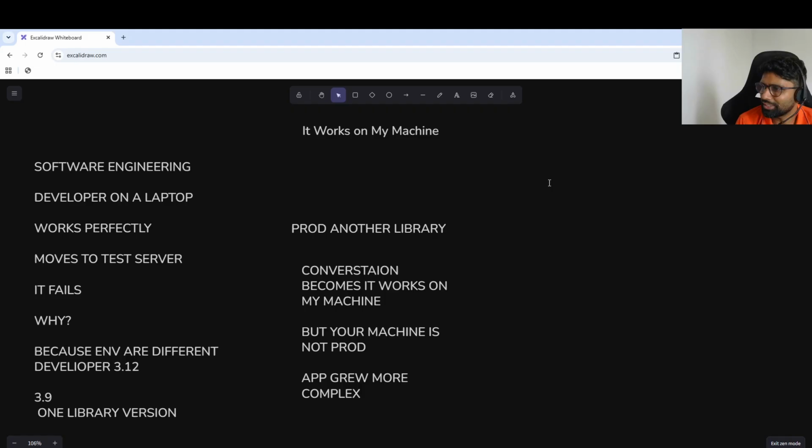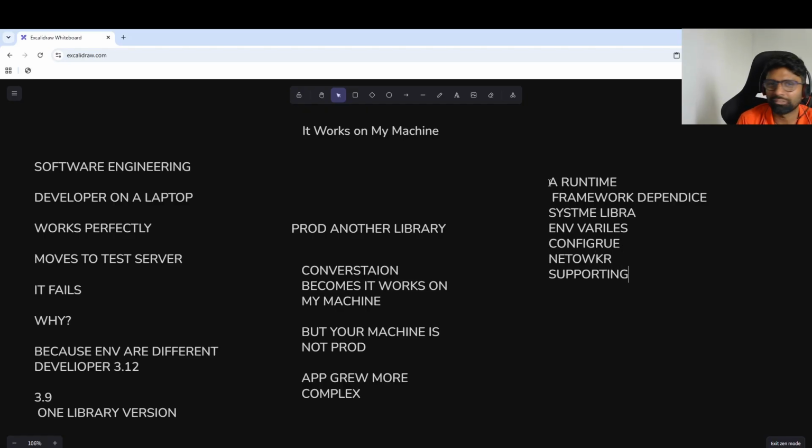A modern application could require a runtime, a framework, dependencies, system libraries, environment variables, configuration files, network settings, supporting services. Teams needed a consistent way to package their applications and also run them properly.